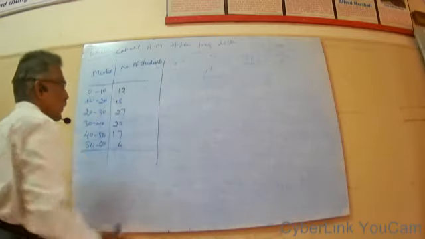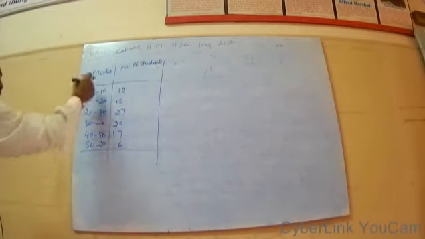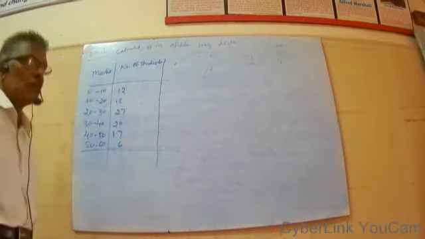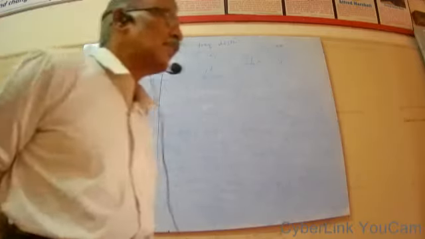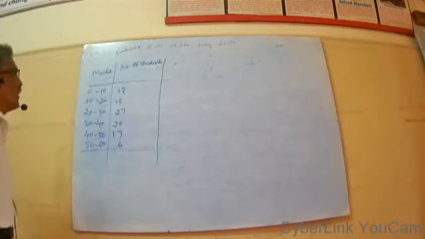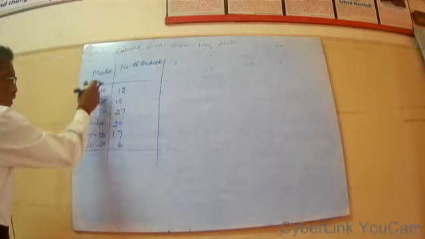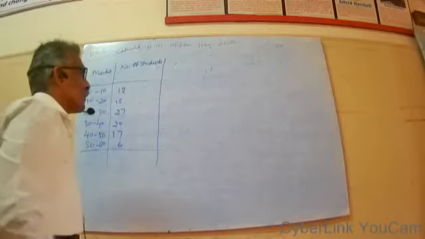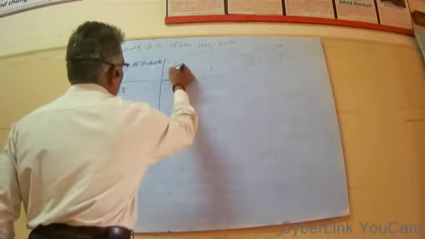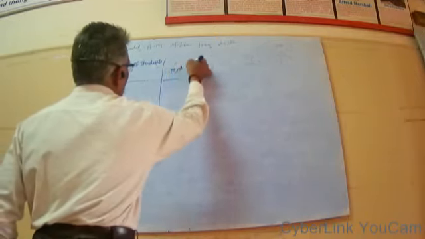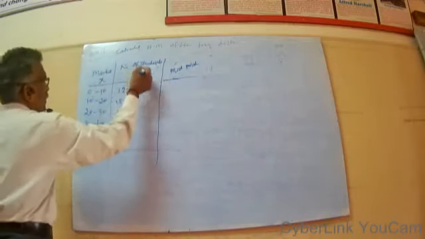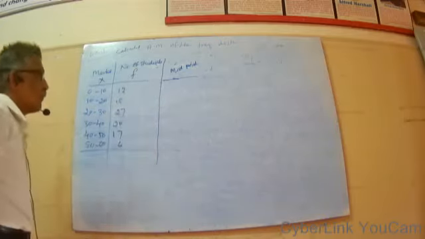Now see, in the previous example the x values were directly given, since it was a discrete distribution. Here it is a continuous class distribution, so we have to take one more step: the midpoint of x. I already explained how to take the midpoint. These are the classes, and this is the f value.